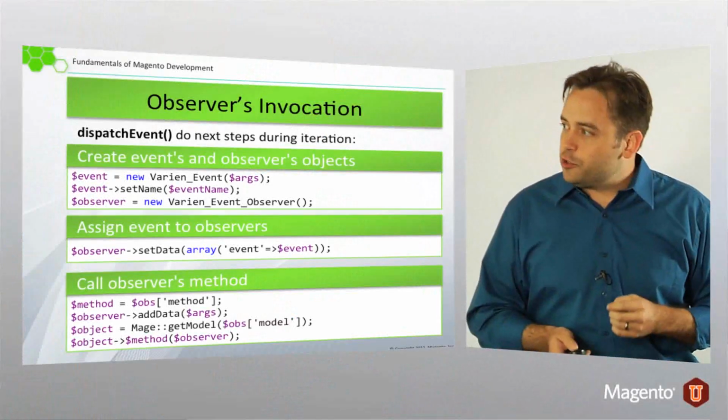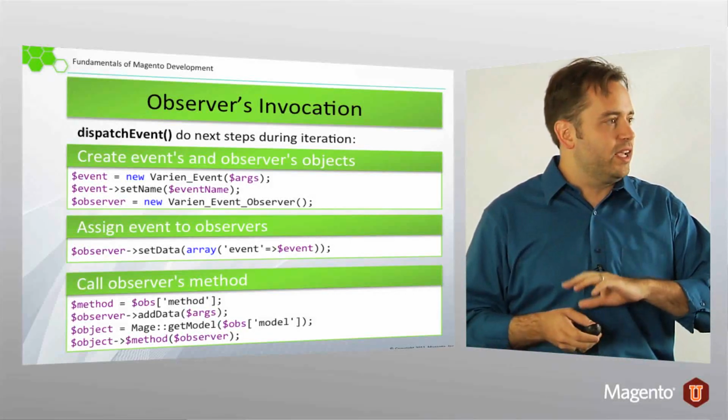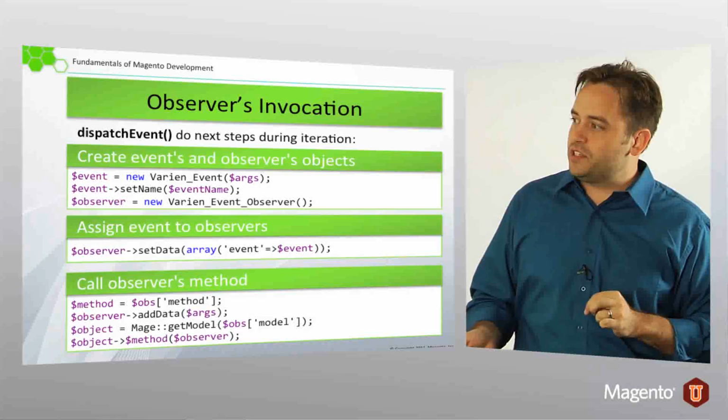It's not imperative that you know all of this background in order to create an observer and have it do something, which I think I'll demonstrate with the example at the end of this lesson. But for right now, I think you should just be aware that there are a couple of different objects at play in the event observer system, and that fundamentally what happens is